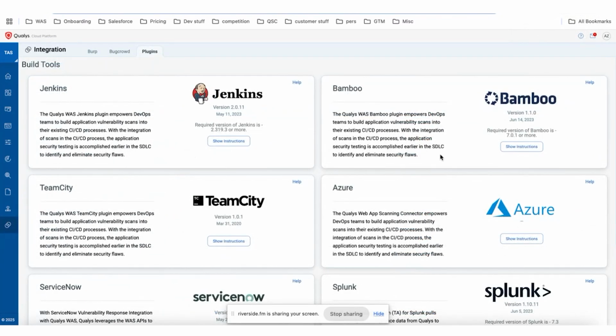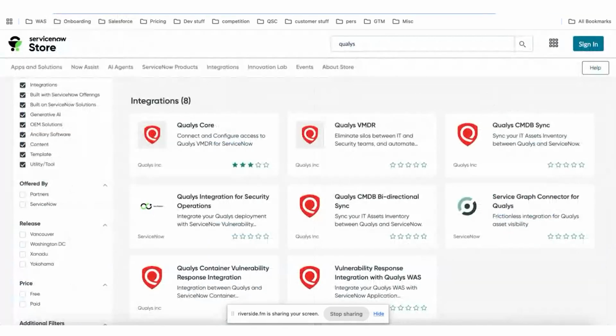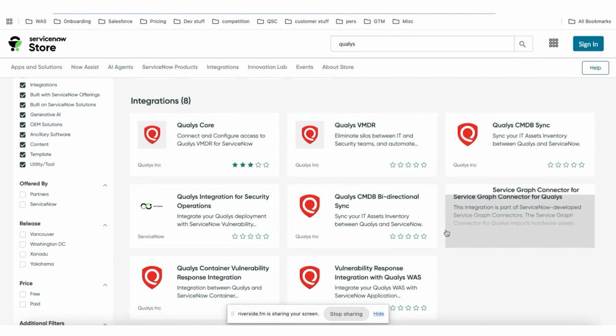Once you have done assessment, you have a list of vulnerabilities for applications and APIs. You want to triage it, give it to developers to remediate them, and then be able to test them in your pipeline, right? So for that, I will quickly show you the ServiceNow integration. ServiceNow integration is available